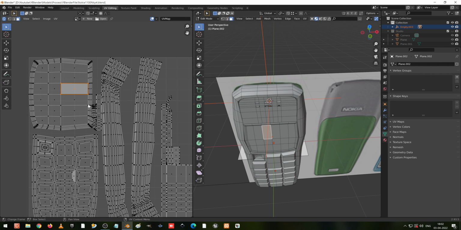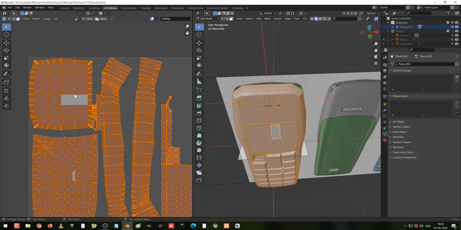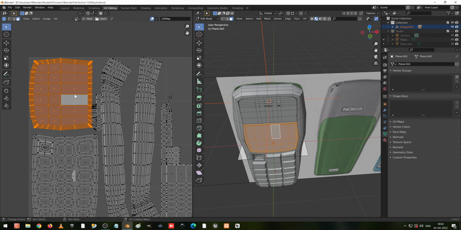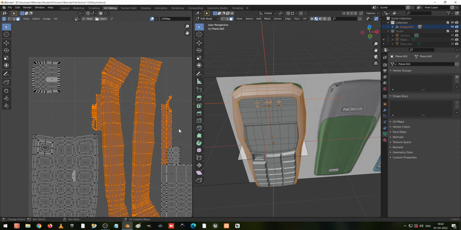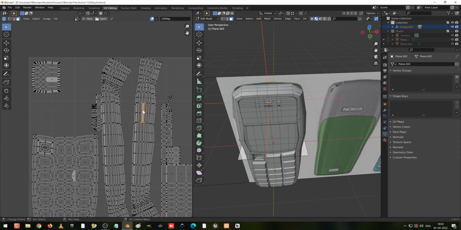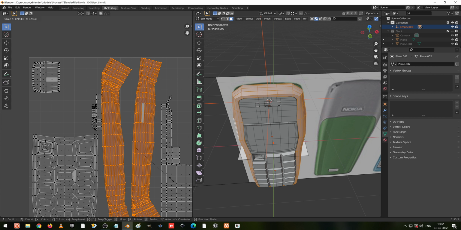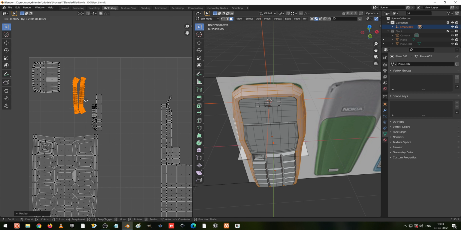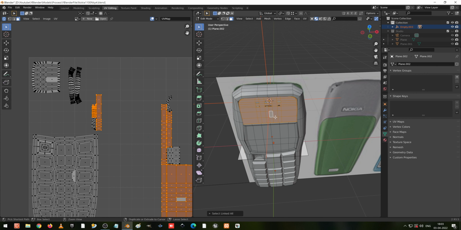This is the display. The display is not required this much big. I make it go to separate, and these things also are not required for us. Control L, scale it down. Select this and Control L and scale it down, and G to move. Select this one, press Control L,